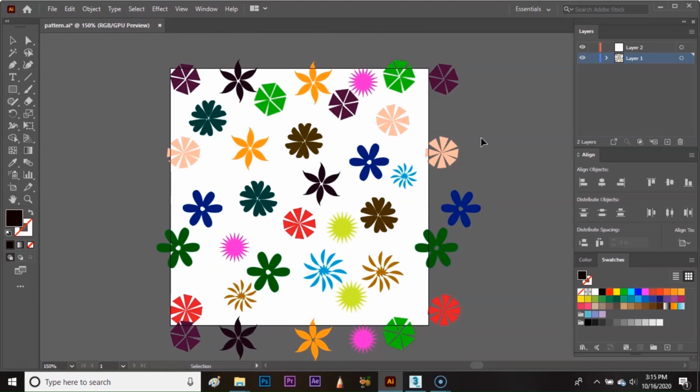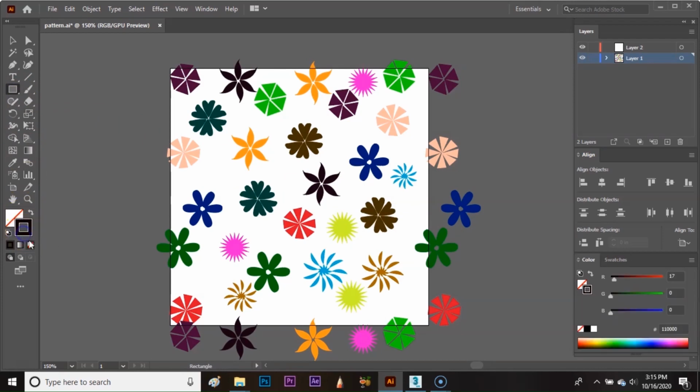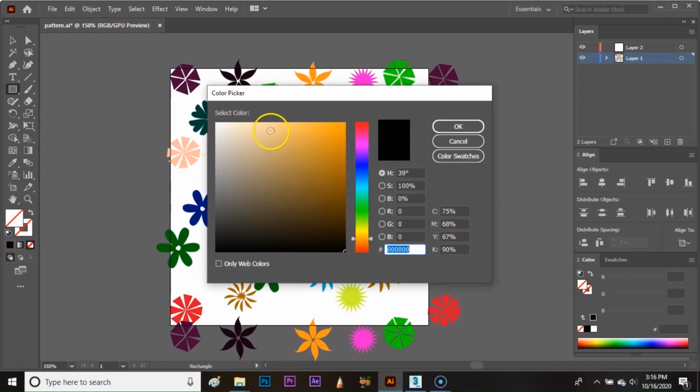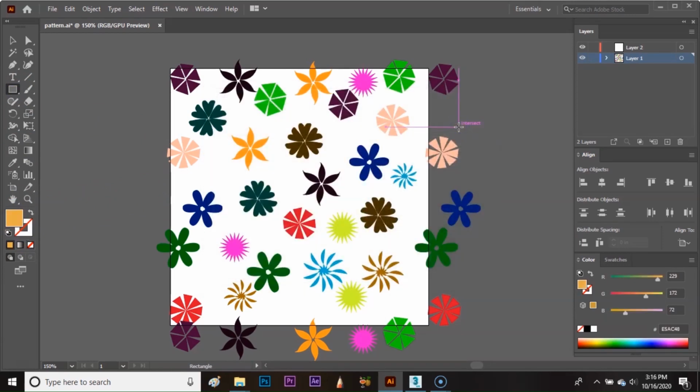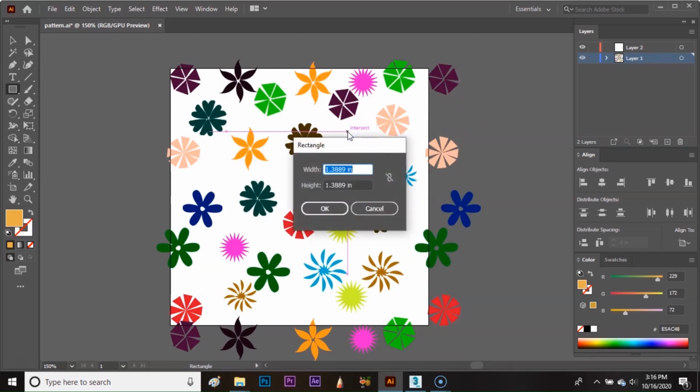But I want to add a background. So I am going to select the rectangle tool, remove the stroke and select the fill color. Now, as the rectangle tool is selected, just click once on your artboard and enter the size of the artboard.